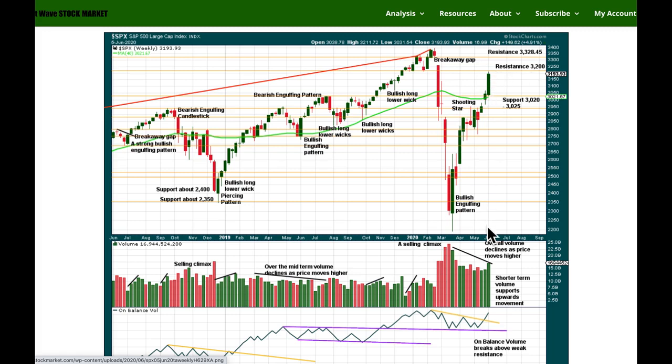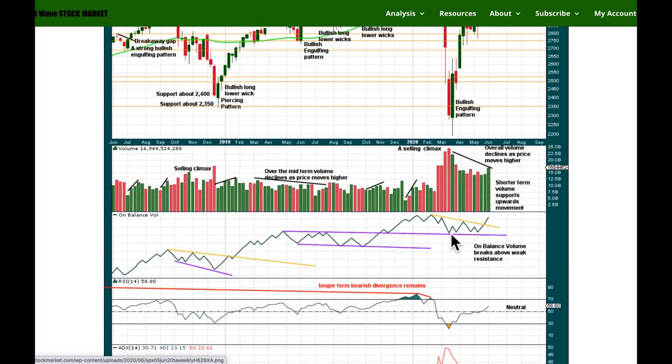A strong upward week with some reasonable support from volume suggests more upward movement next week. Overall, though, volume is declining. That could change, but with the data we have in hand at the moment, overall there is some decline in volume. On balance volume bounced up off support, has broken above resistance. It's giving us a weak bullish signal. This resistance line is not too long held. It only has 3 anchor points, and more importantly, it has a reasonable slope, which reduces its technical significance.